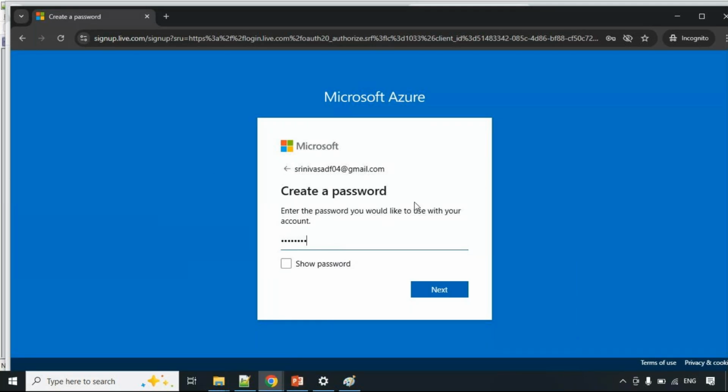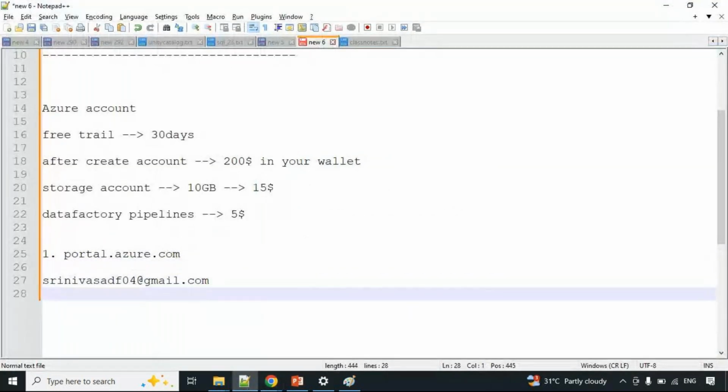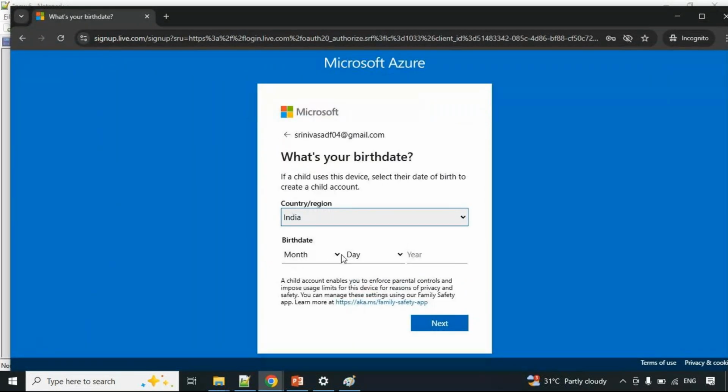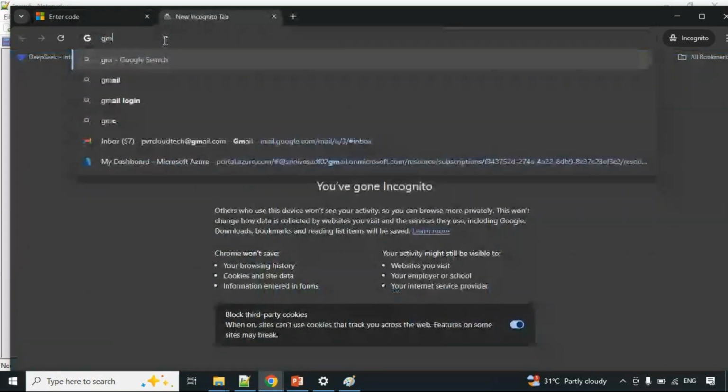This is my username and this is my password. Next, it is asking for this one, you can keep anything. It is asking for the code. Go to your Gmail, and with this, you have to get it.